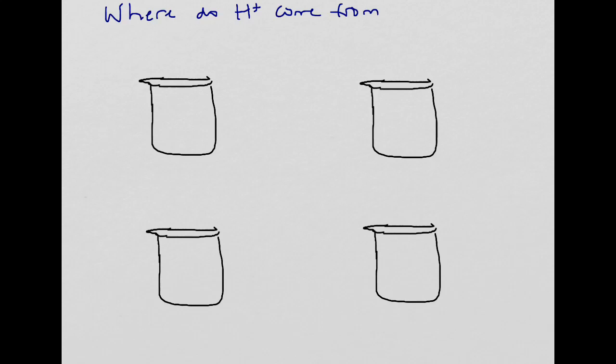That can change the pH. Well, there are a lot of places in the body hydrogen ions can come from, but this is just an example. You can take this beaker here and we can say we're just going to put water in it, so it's going to be mostly water. It's going to be a little bit of hydrogen ions,